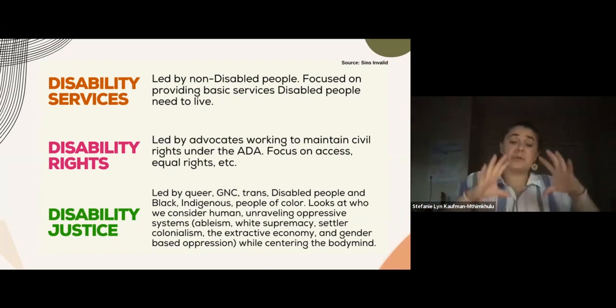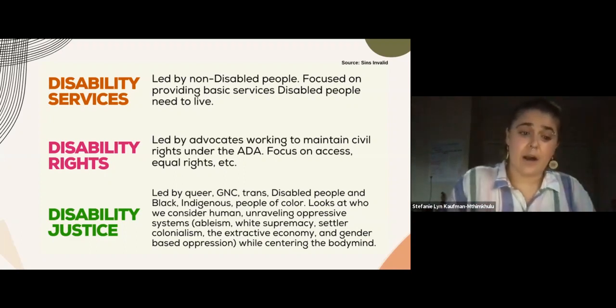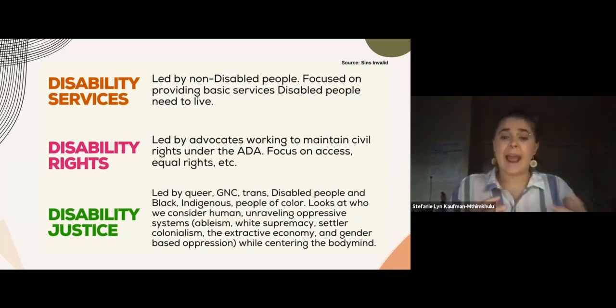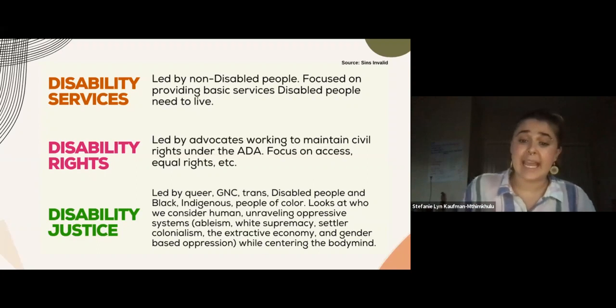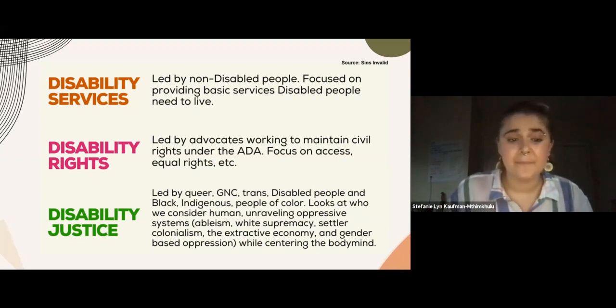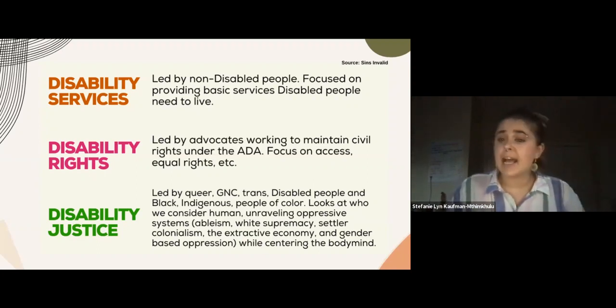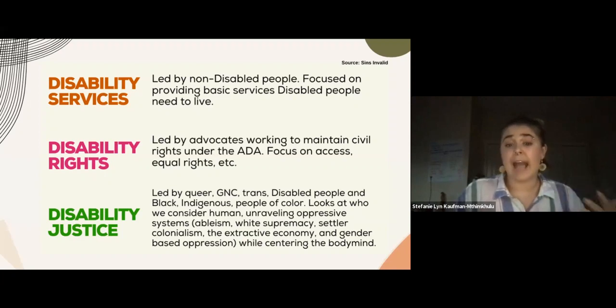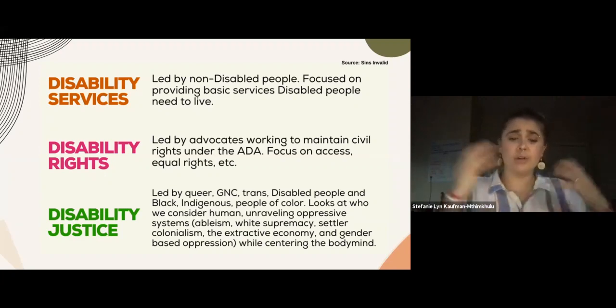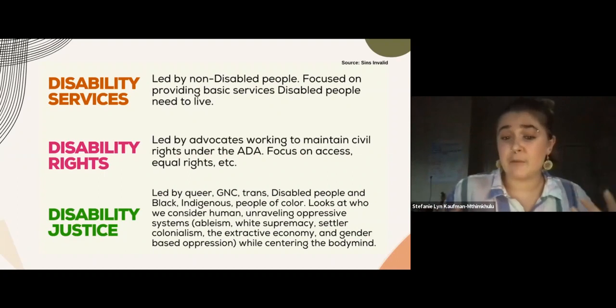We have disability rights, which is different as well. This was really led by advocates working to maintain civil rights under the ADA. So focusing on access, focusing on equal rights, and disability justice being led by queer, gender nonconforming, trans, disabled people, and Black, Indigenous people of color who were looking at some of the work of the disability rights movement